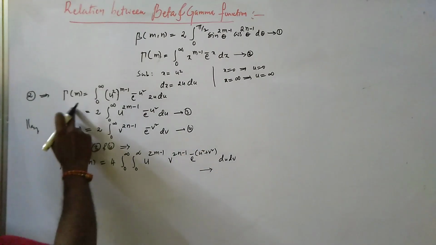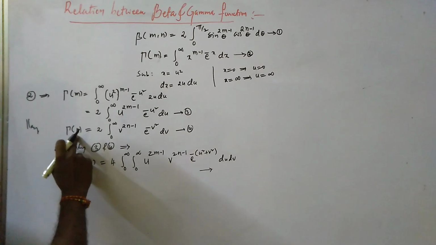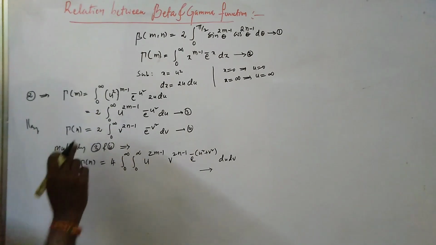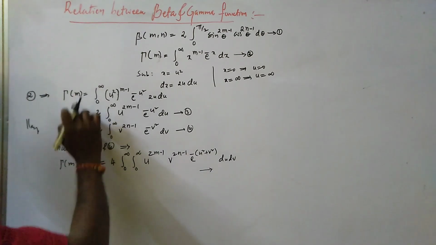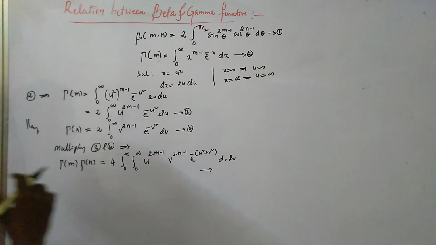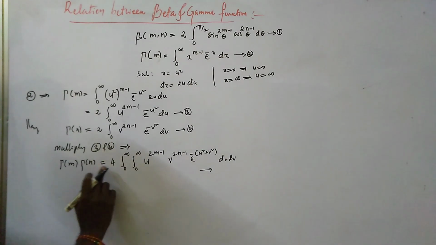Okay, so m and n are two different values. Now, m and n are not equal, these two are different. If they are equal, no problem. But here I want to take m, n as two different terms. Now, finally, gamma of m into gamma of n equal to 4